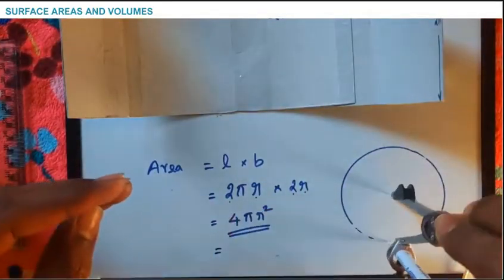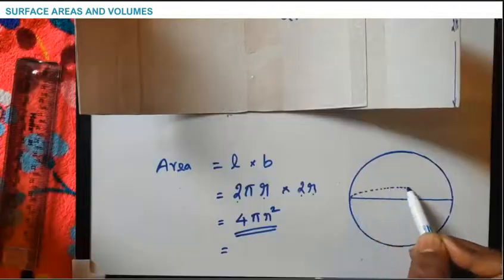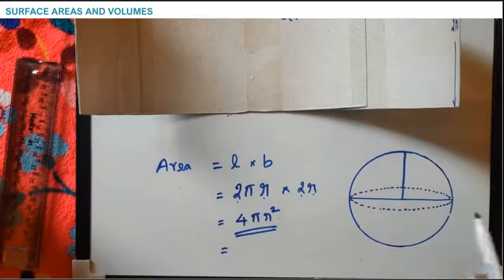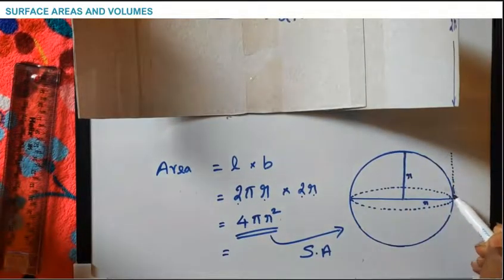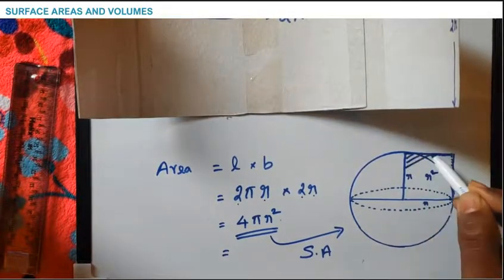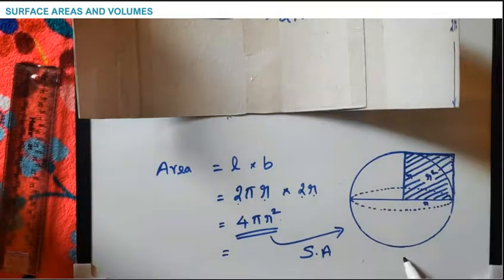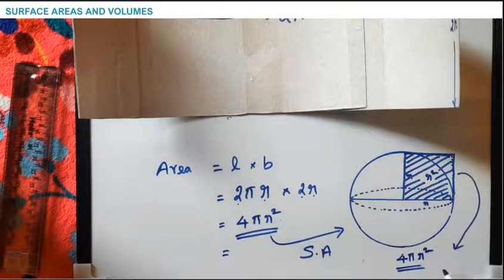Now I am going to say another property. Let's draw the circle. So we are going to visualize another surface area of the sphere. r into r, that is the radius. Just mark the square. If you multiply that area, r square, by 4 times pi, you will get the surface area of the sphere.